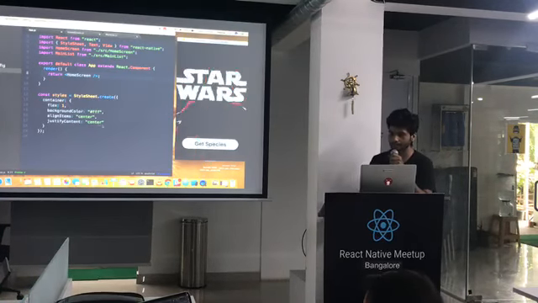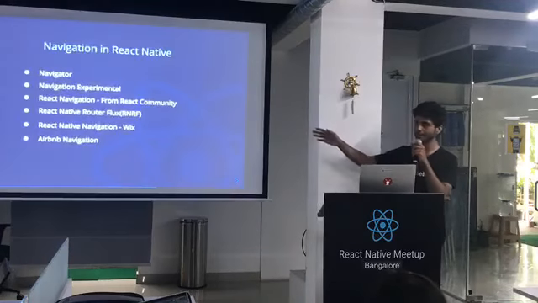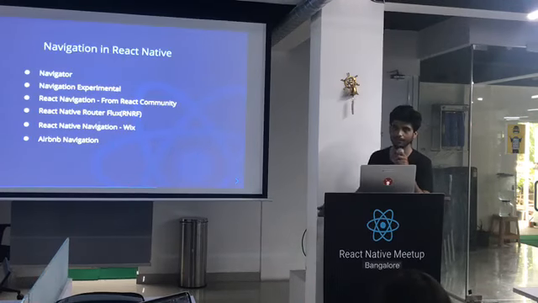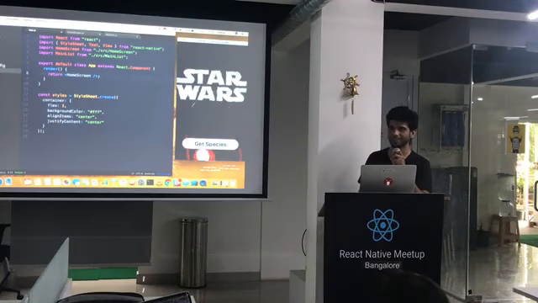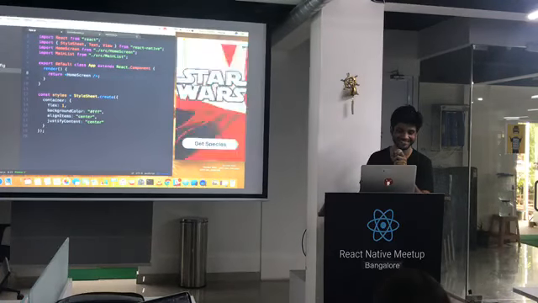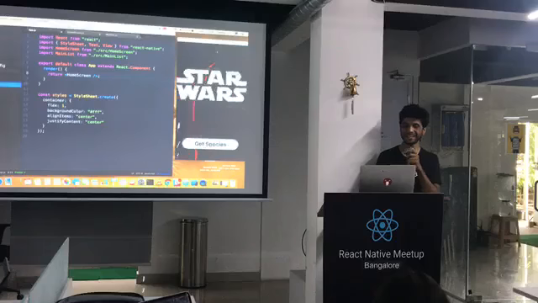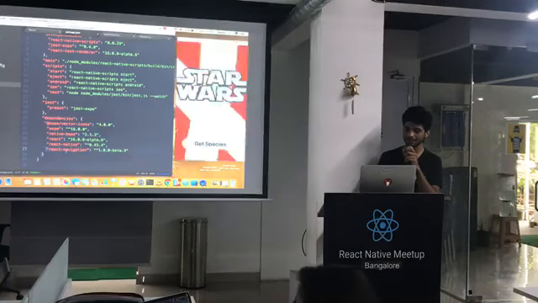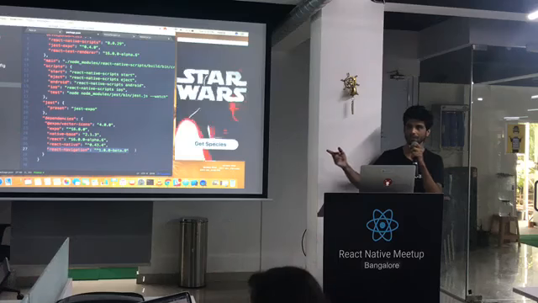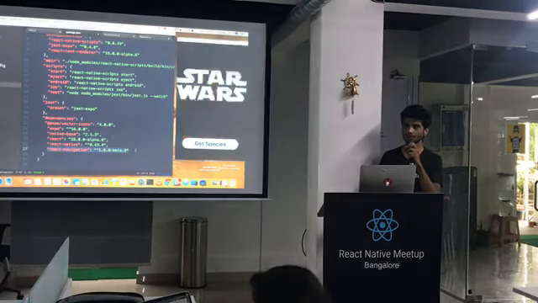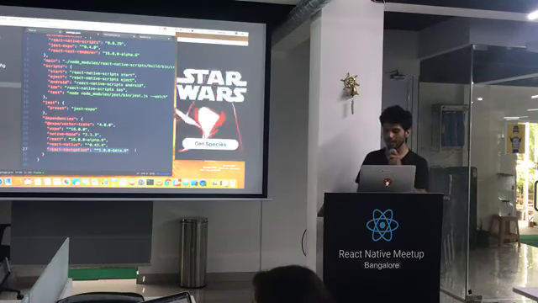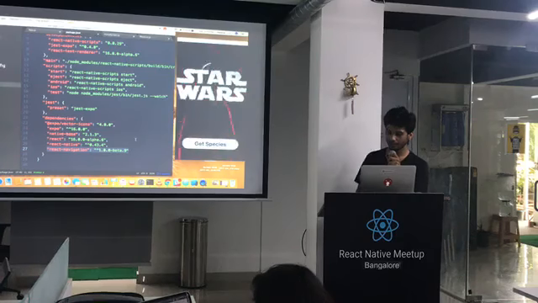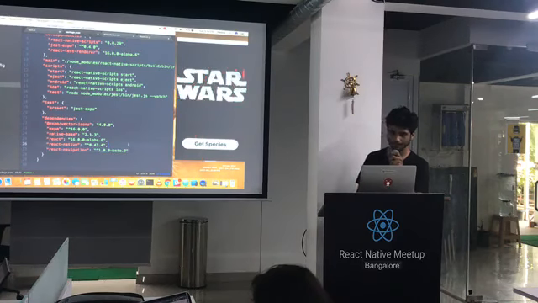Like Sanket discussed, there are a lot of options with navigation. You could choose any one of them. I personally like React Navigation because I had a project on it. I already have React Navigation installed, as you can see in my package.json, and we are going to be putting this code on GitHub, so you can go back and review. So I'm not going to be installing React Navigation now, but it's simple.